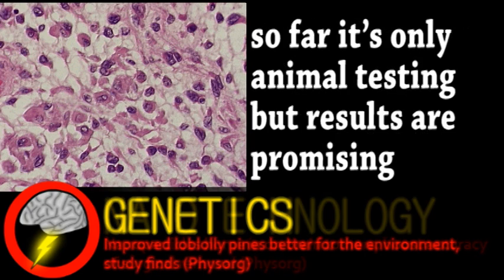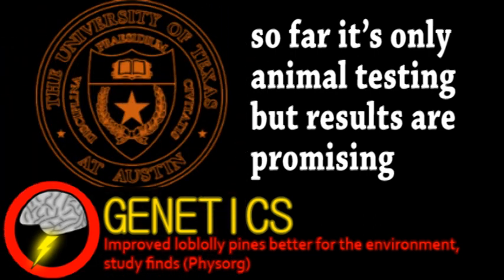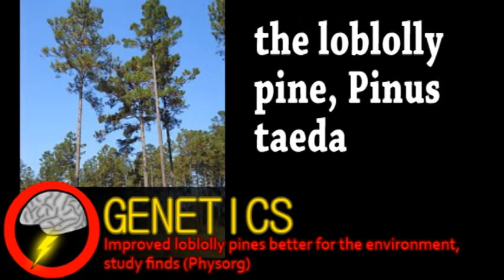Finally, from the world of genetics, a collaboration between two teams at the University of Texas and North Carolina State University has produced a new genetically improved form of pine, able to sequester more CO2 than its conventional counterpart. This species of pine is widely grown across the southeastern United States and Hawaii as a carbon sequestration crop, but the researchers saw potential to make it grow faster and produce more wood, thus drawing in more carbon from the